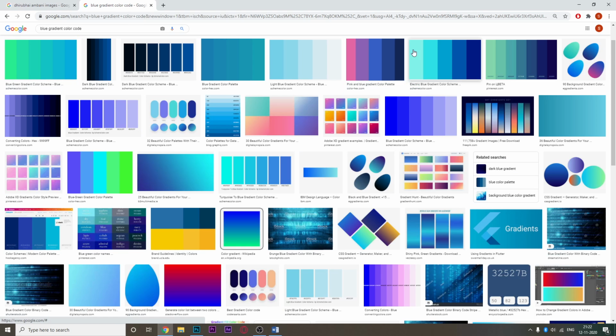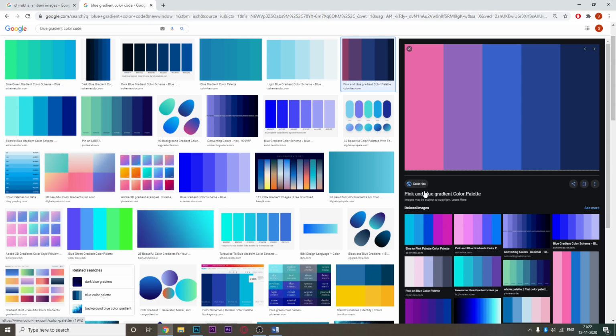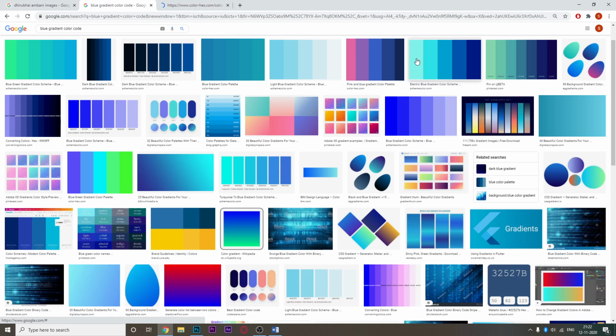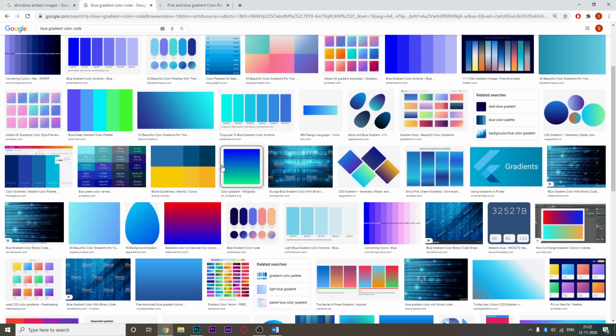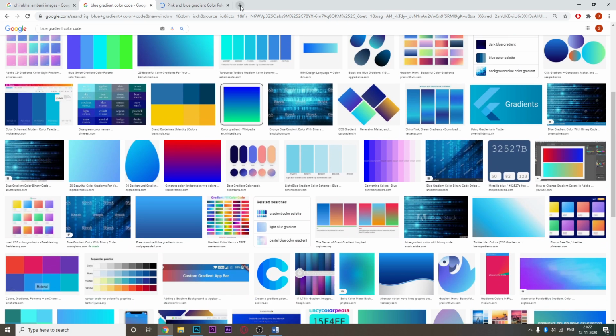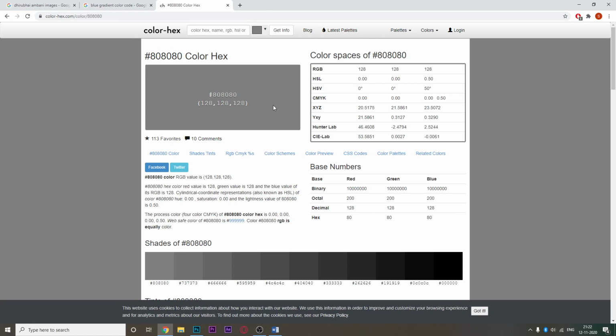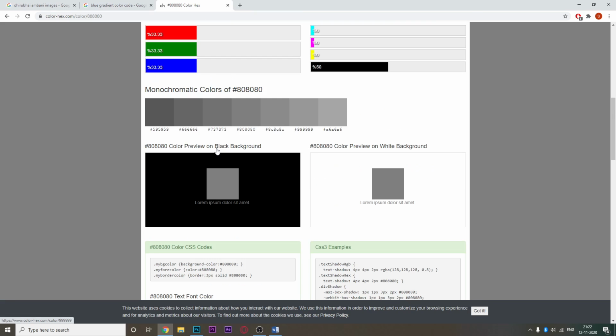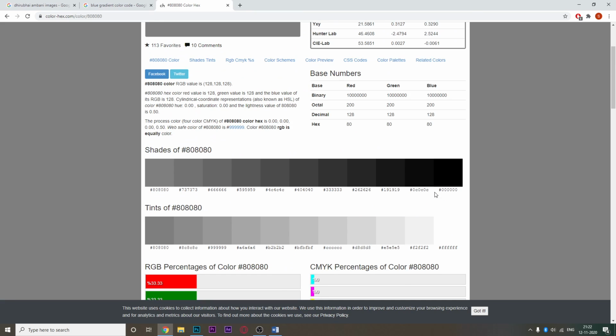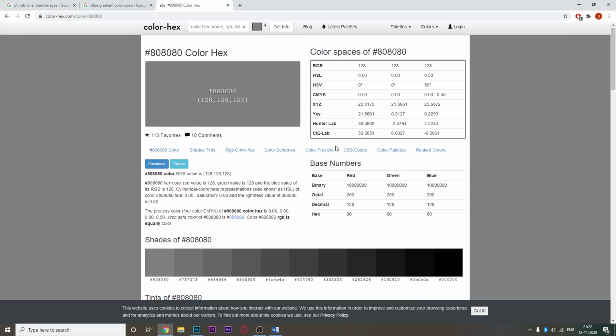There are so many color schemes. Color Hex is a great website. Color Hex will help you a lot. Very vivid colors, very bright. They help you understand all these. You can just put in black. You can put gray. Gray is not a very active color, in the sense that it's not a very attractive, catchy color per se.